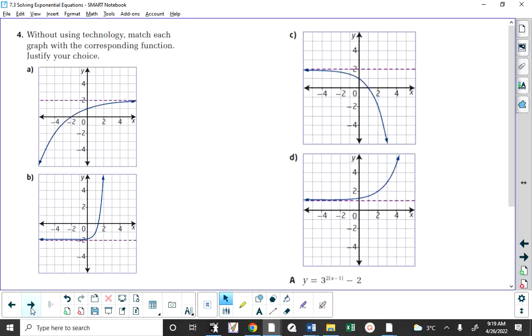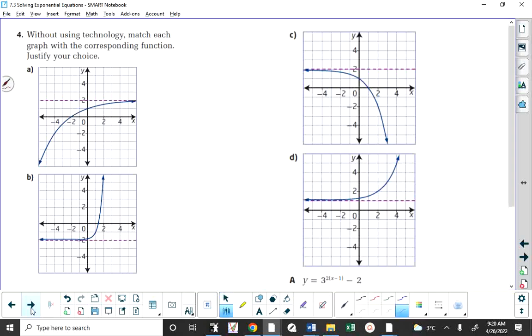In other words, in graphs B and D, the range is y is greater than or equal to the horizontal asymptote. And without worrying about the precise nature of the exponential function in terms of the base,